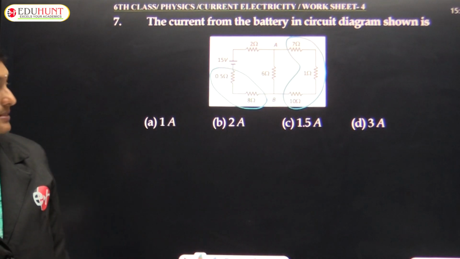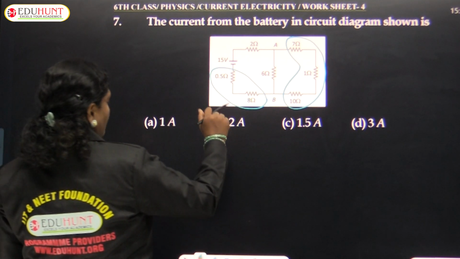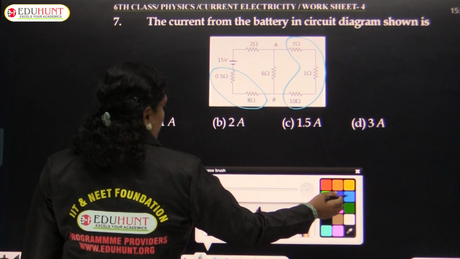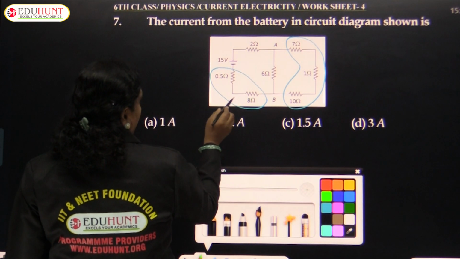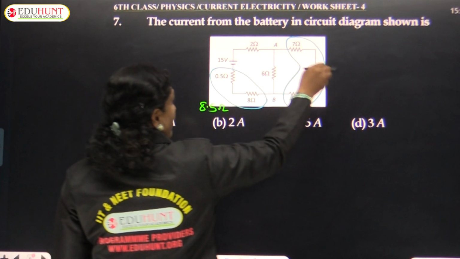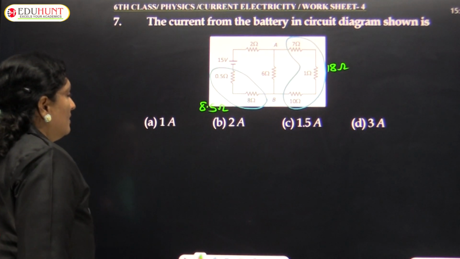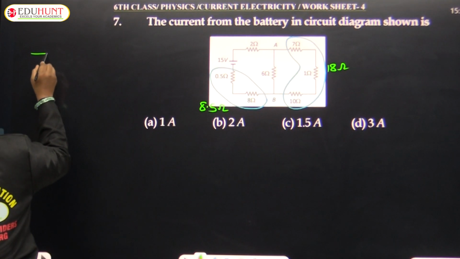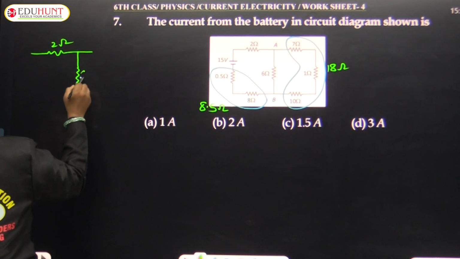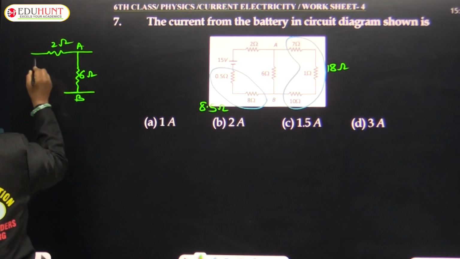So after solving this, let us draw the simplified circuit diagram. Here how much are we getting, children? Somehow we get here 8.5. How much is that? 8.5 ohms, and here 7 plus 1 is 8, 8 plus 10 is 18 ohms. So based on that, let us draw the simplified circuit diagram. 2 ohm, 6 ohm, bottom B, upper A,